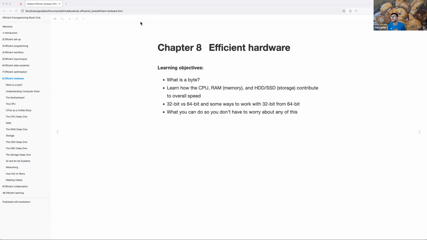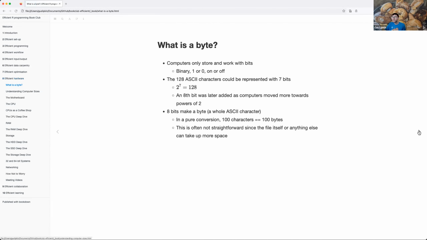how the CPU, RAM, hard drive, and solid state drives, which are memory and storage, contribute to overall speed. Some of the differences between 32 and 64-bit, and if you have to use 32-bit for something, the ways you can try and avoid it as much as possible. And then there's a very clickbaity what you can do so you don't have to worry about any of this. So jumping in,